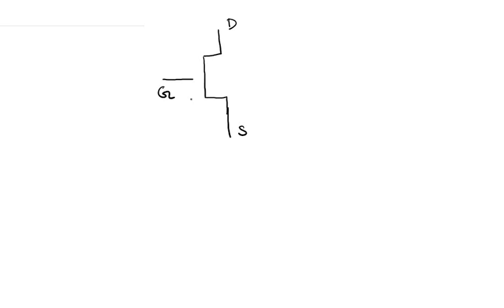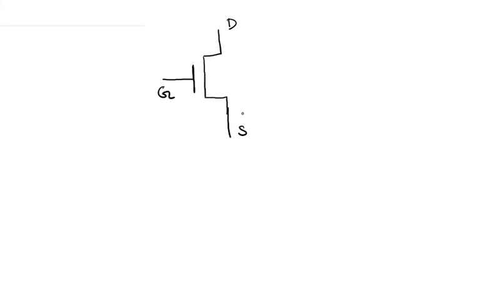So no current can actually flow from the gate into the body. This we have discussed earlier, that the presence of the insulating oxide layer prevents any current flow between the gate and the body. So there is no current flow into the gate. That is why here we indicate it with a gap. This gap indicates the oxide layer or the insulation, and it means that no current would flow between the gate and the body, or between the gate and the drain or the source.